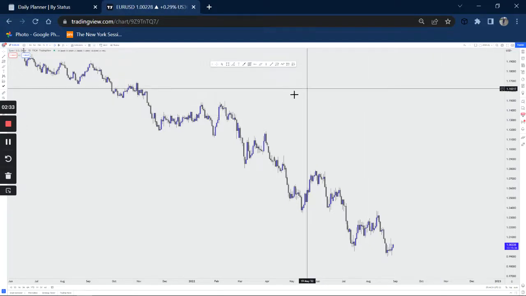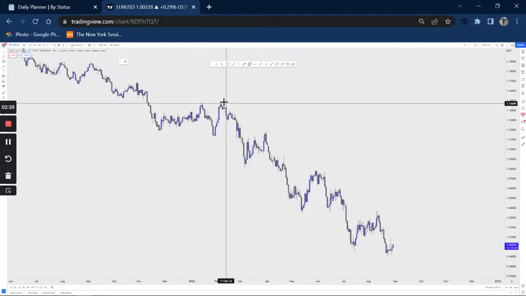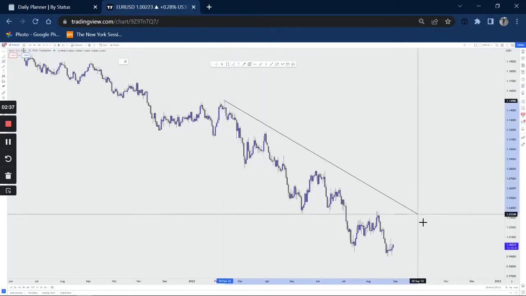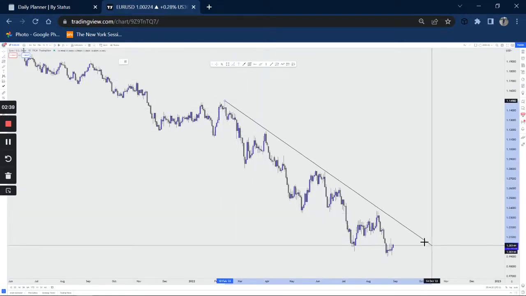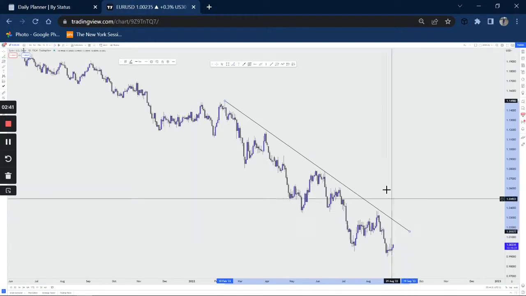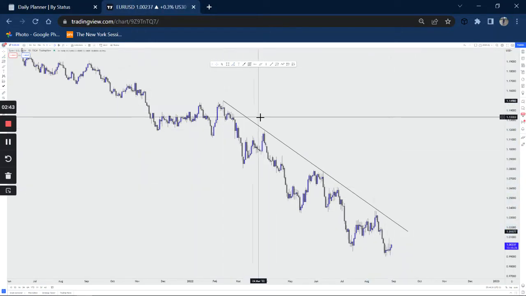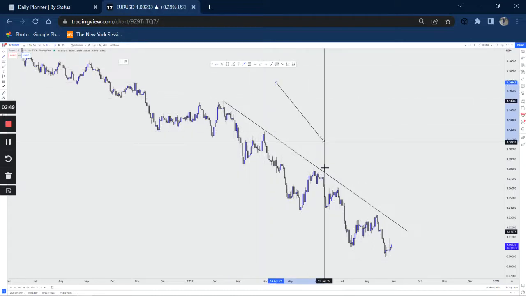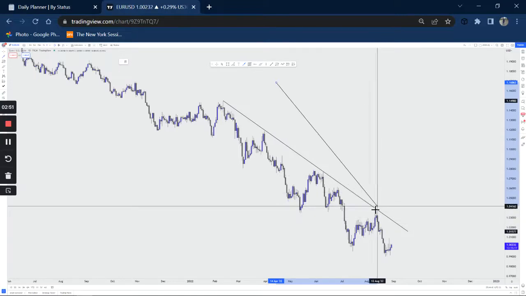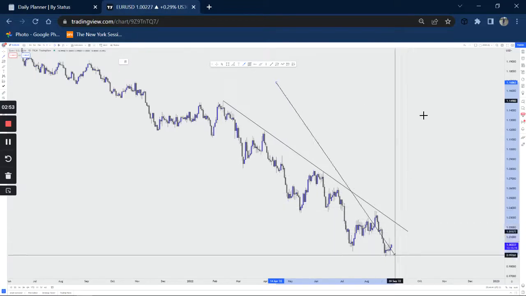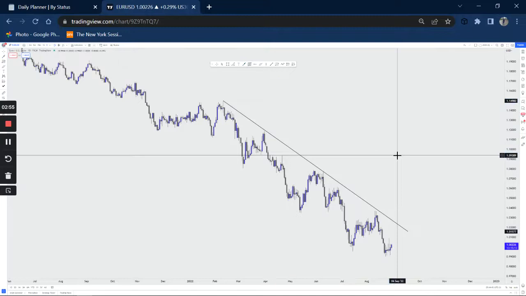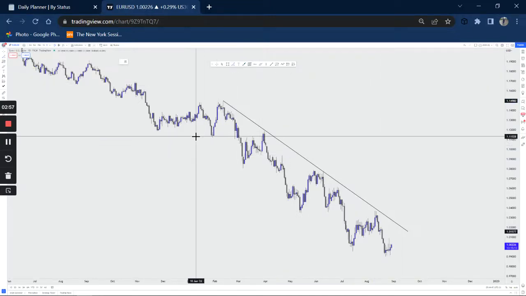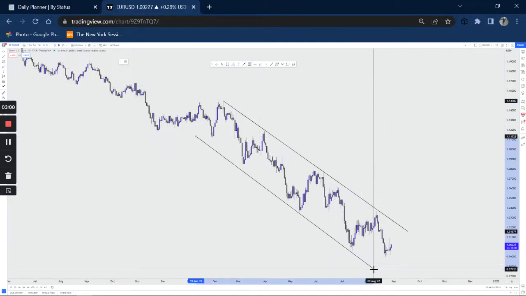So as you can see, guys, we do have our falling channel here. As you can see, we do have our nice resistance here from the upside. We do have a couple of touches here. We do have a touch, a touch, a touch, and merely touched here. And so we're looking for price to kind of like bust to the upside, as you can see. And then what do we have, guys, from our downside? We do have a nice